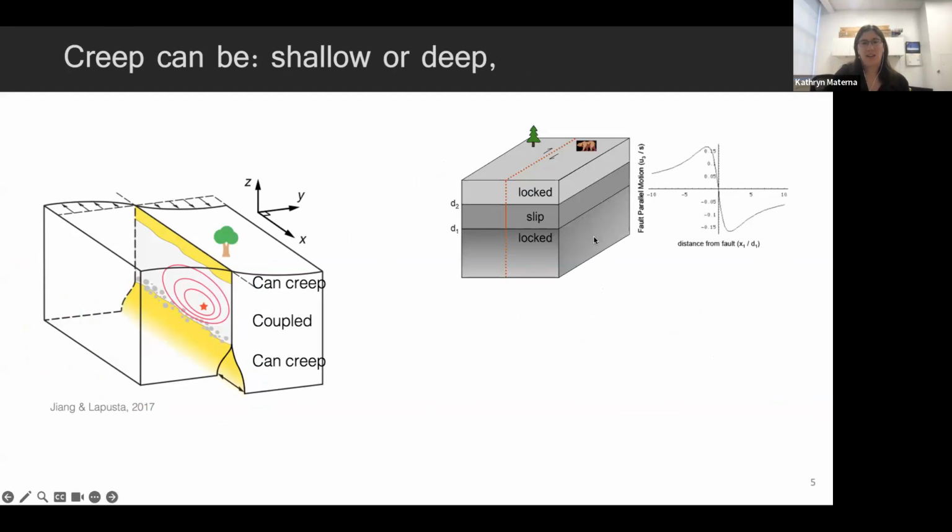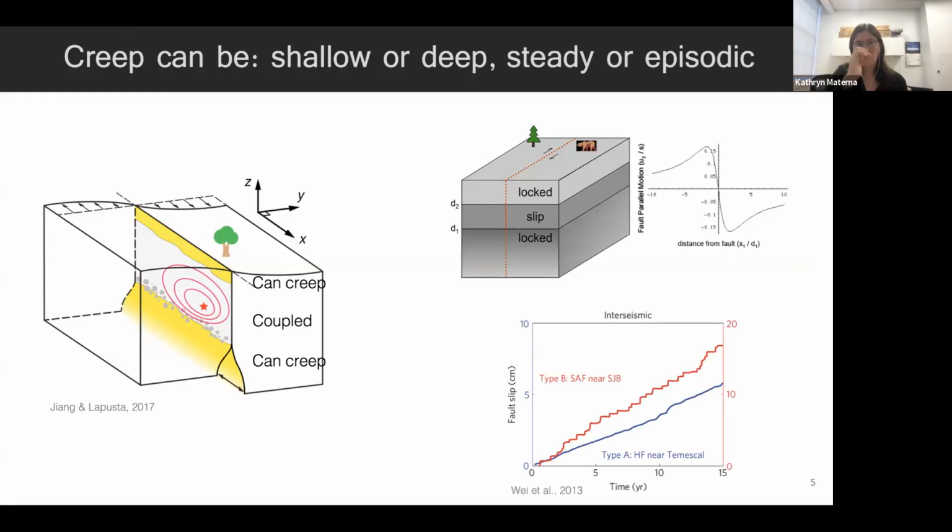And that's what we're going to look at in today's talk: a fault where, on occasion, there are regions in the intermediate part of the crust that are actually capable of aseismic slip, while other parts of the fault may episodically not participate in those slip episodes. And then, as I mentioned,